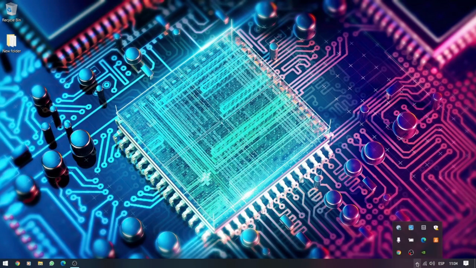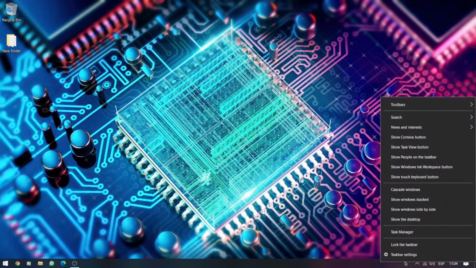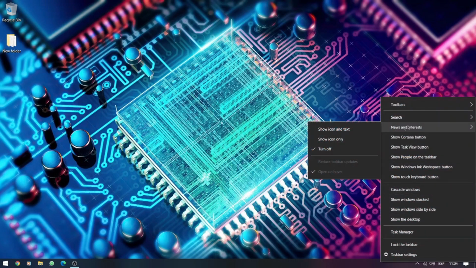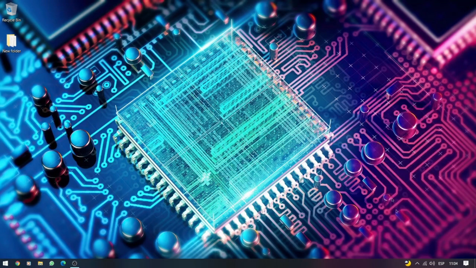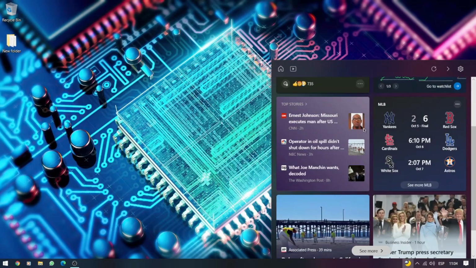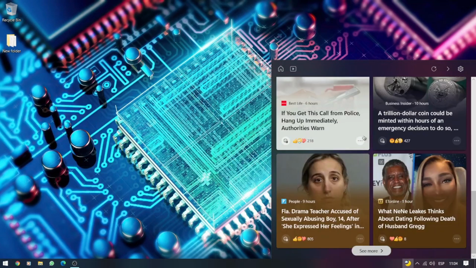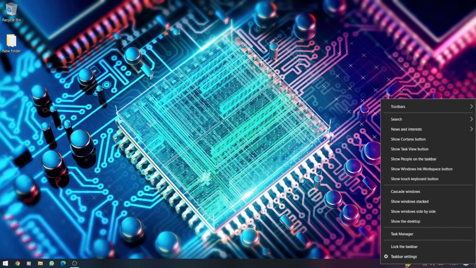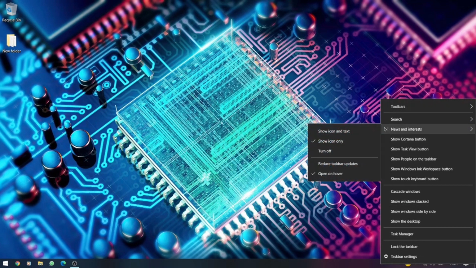But if you guys would like to do something additional, you can also just show the icon only, or show the icon and text. The icon doesn't give you the full description of the weather. Basically, it just gives you the icon. And also, we can